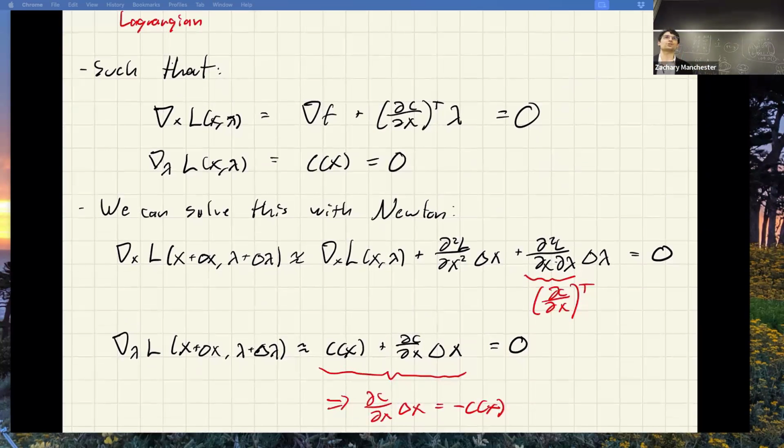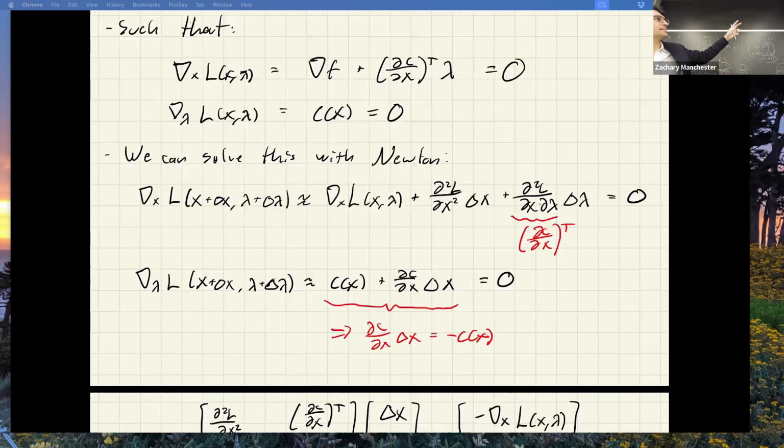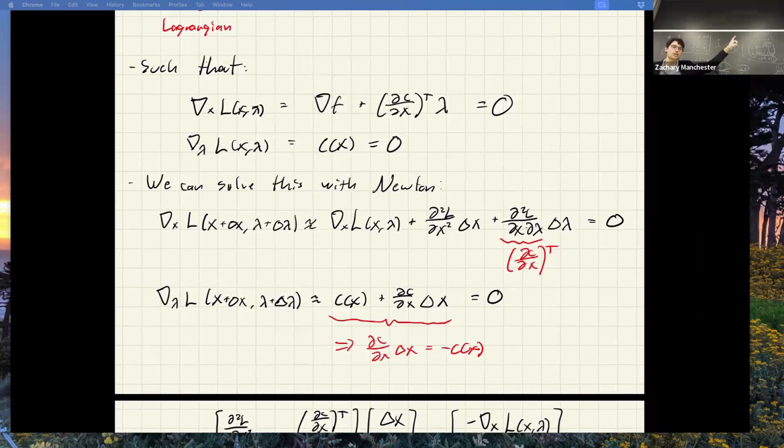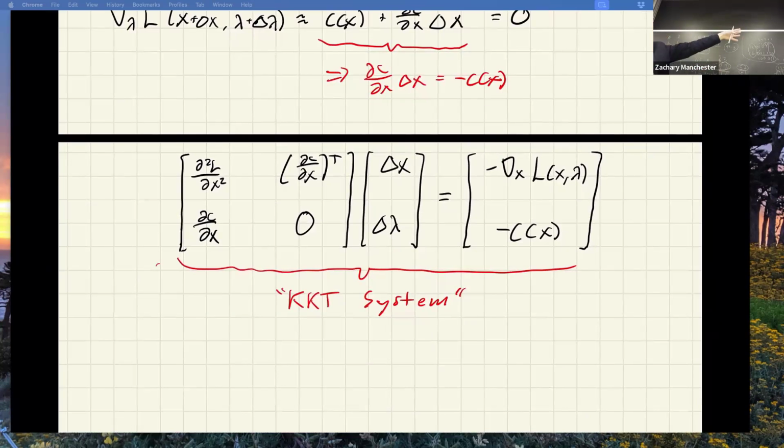which is Karush, Kuhn, Tucker, three guys who independently derived these things in the 20s and 30s. Karush derived it in his master's thesis, maybe even an undergrad thesis, in the 20s. So I guess the bar was lower back then. Anyway, they're named after those guys. Strictly speaking, the KKT conditions refer to the inequality necessary conditions we're going to get to, but you'll often hear people say KKT conditions for everything, even the unconstrained grad equals 0. So this is the Newton step on the KKT conditions,